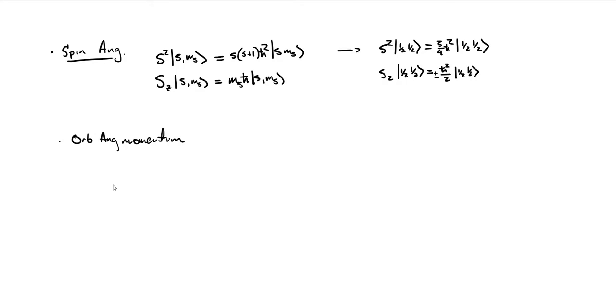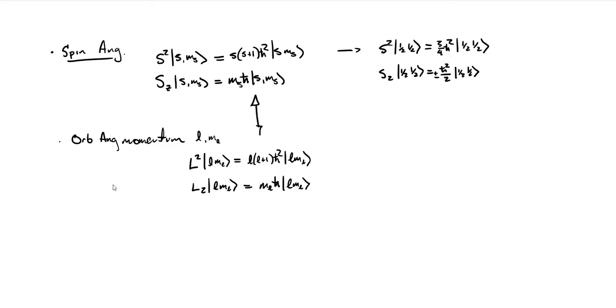And similarly, it had quantum numbers: an orbital angular momentum quantum number and an orbital magnetic quantum number. We looked at two operators in general with it, the L squared operator, which operating on that had an eigenvalue equation of l(l+1) h bar squared, l, ml. And the z component of that orbital angular momentum had an eigenvalue equation that looked like this, right? And you can quickly see there are some similarities to this.